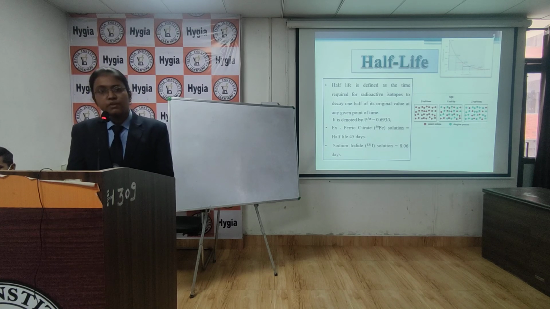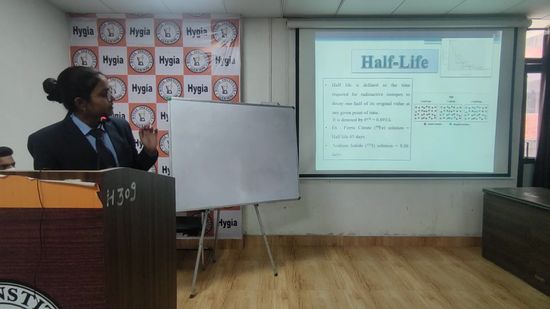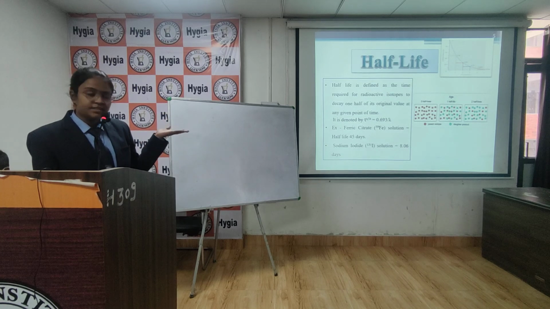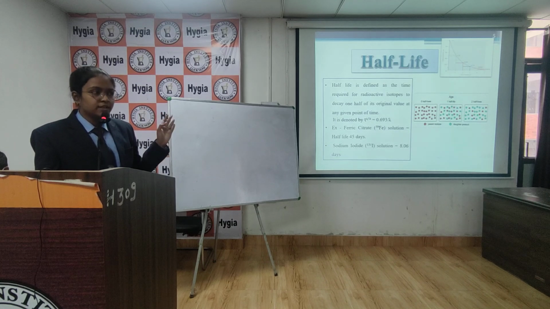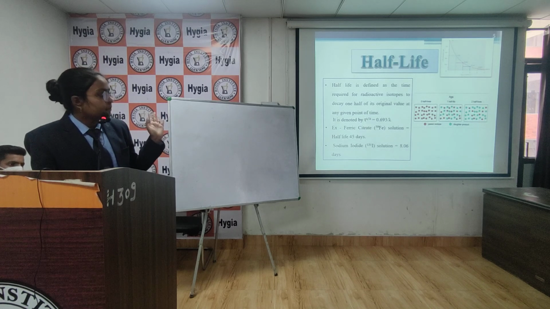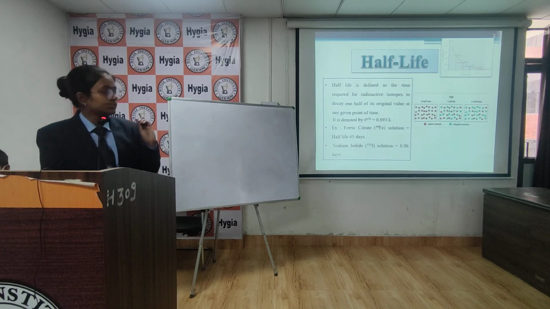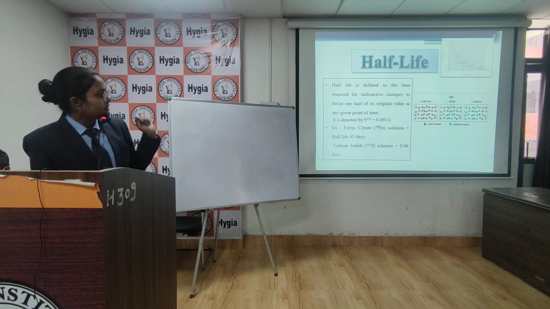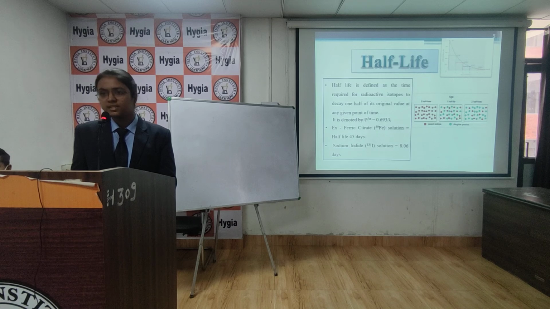We can take the example of ferric citrate. It has a half-life of 45 days. Let me explain what half-life is by taking a small example. In the diagram we can see, let's take ferric citrate. If it is the parent isotope and we keep it for around 45 days, it will reduce from its original value to half of its value. And if we keep it for a further 45 days, only a small proportion of the original compound will be left. Another example is sodium iodide, whose half-life is 8.06 days.